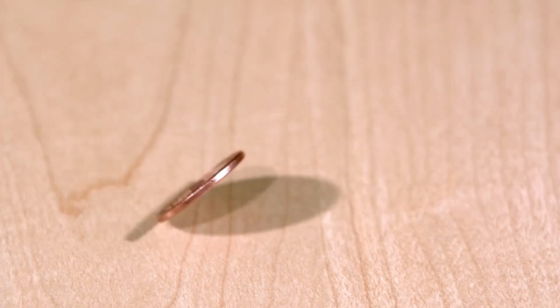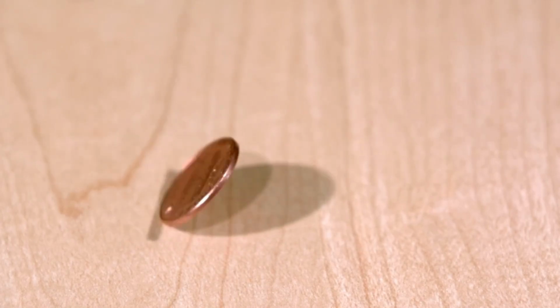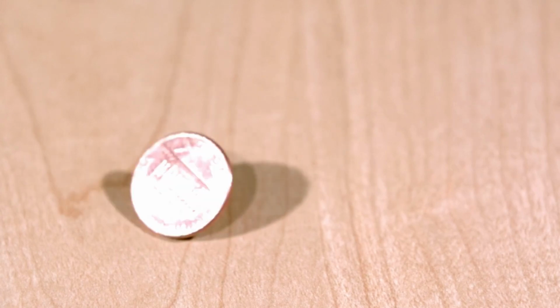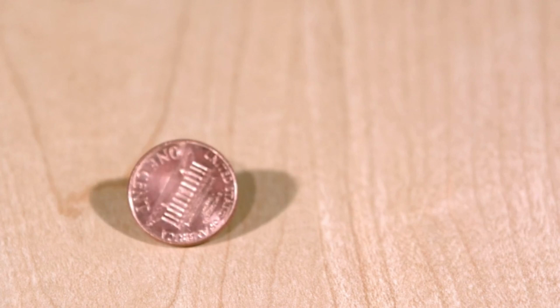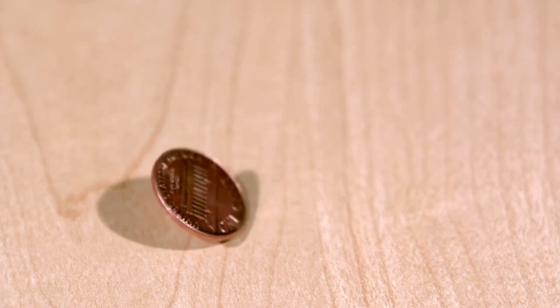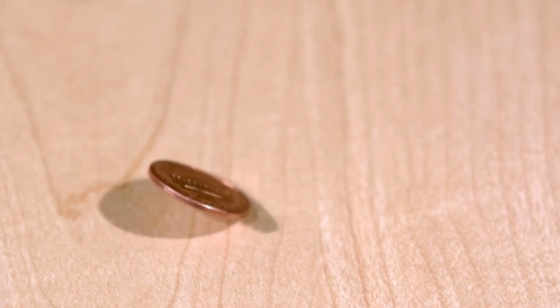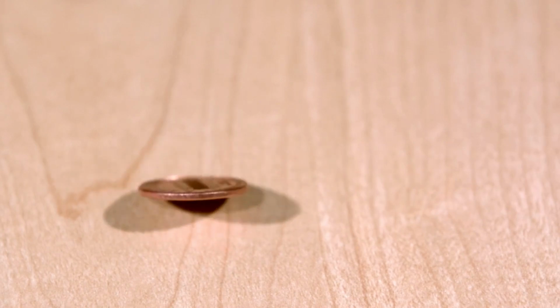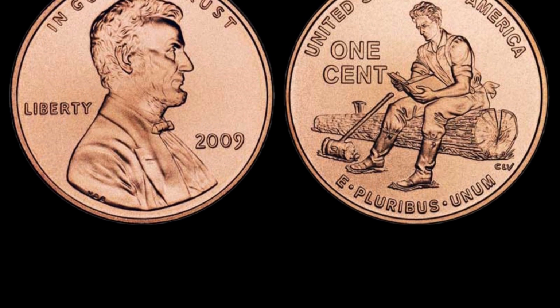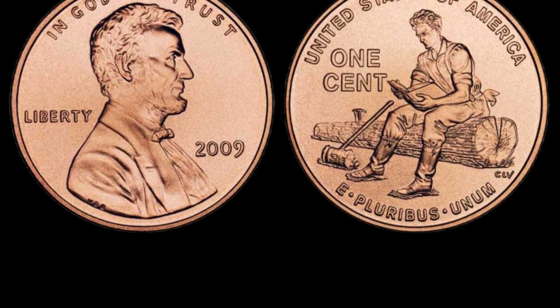Imagine digging through your old coin jar and stumbling upon a single penny that could change your life forever. What if I told you that a 2009 Lincoln penny without a mint mark could be worth up to $4 million? Yes, you heard that right, a single penny could turn you into a millionaire overnight. Sounds crazy, right? But before you toss that old change aside, let me show you why this seemingly ordinary coin